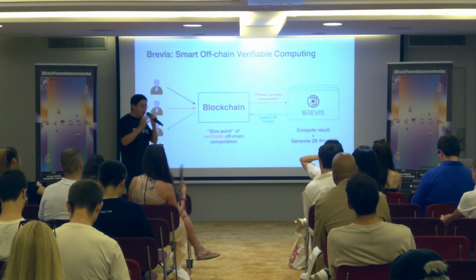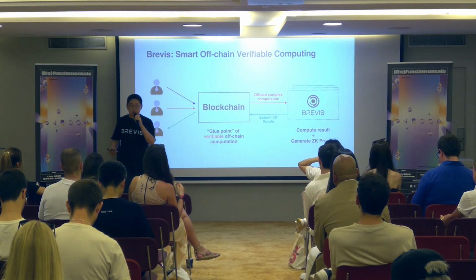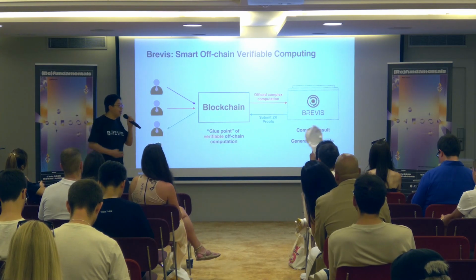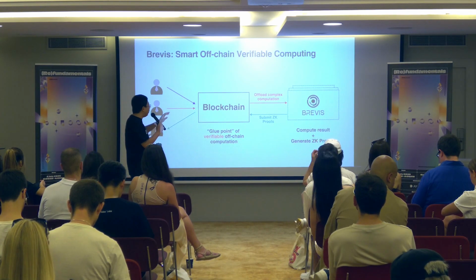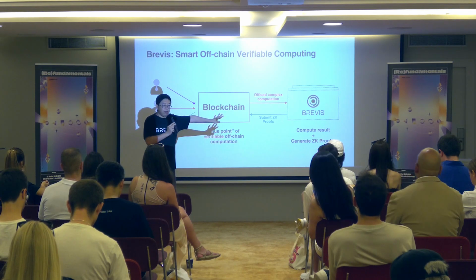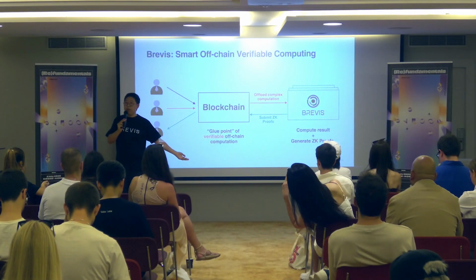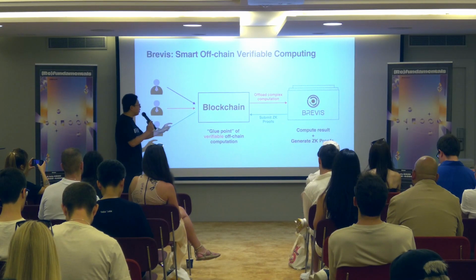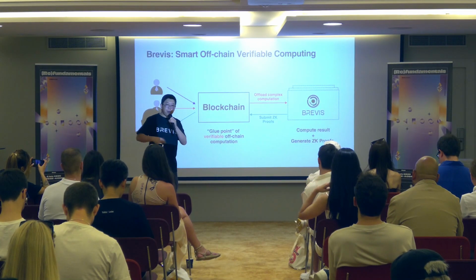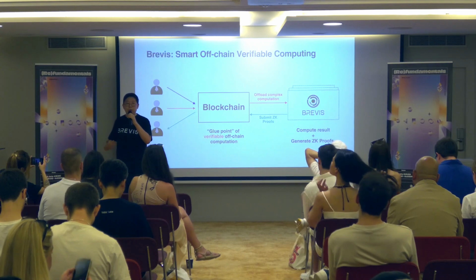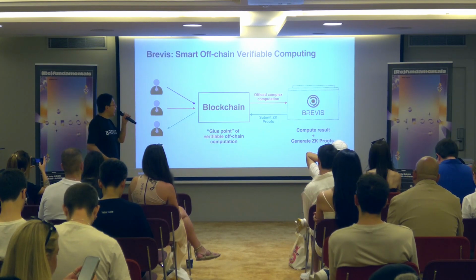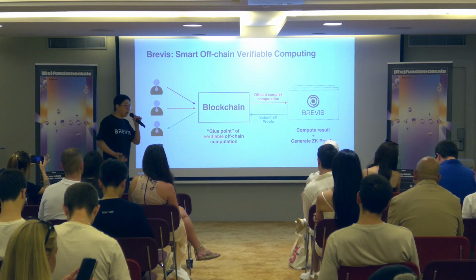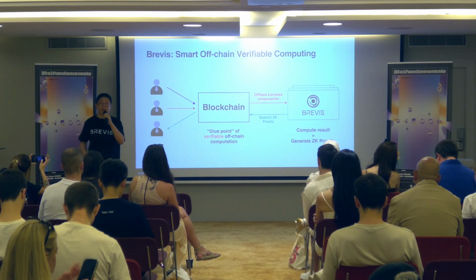So the role of Brevis here is to use verifiable computing to transform and transfer many of the very heavy and complex computations on blockchain to an off-chain environment. In this off-chain environment, we're additionally generating a ZK proof of the computation result and submitting the proof back to the blockchain. The blockchain here is really acting as a glue point for many different kinds of off-chain computation to verify the proof,